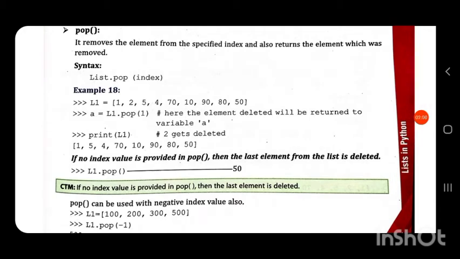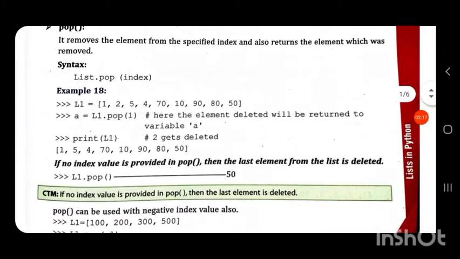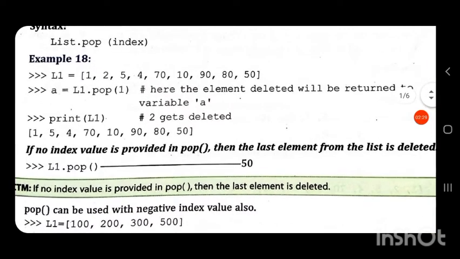When we do the pop operation, A is equal to L1 dot pop(1). In the pop function we are giving the argument as the index, the value 1.